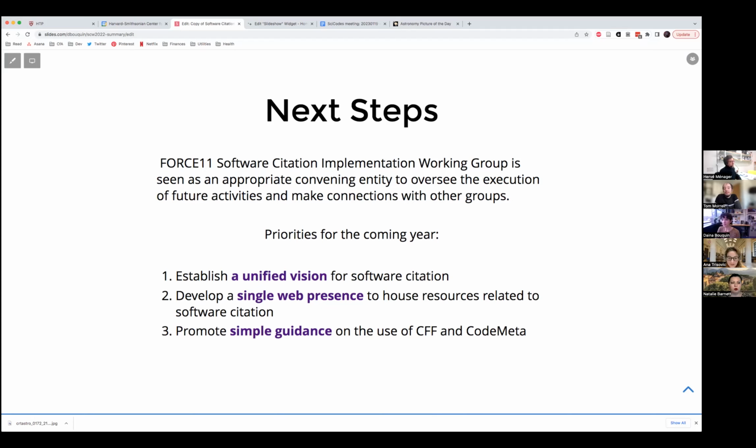Yes, thanks a lot for this presentation. I was wondering, one of the challenges that you're going to meet here is changing the practices of scholarly software developers, and I'm wondering whether you've been considering trying to add, to describe this workflow in the context of a software management plan,